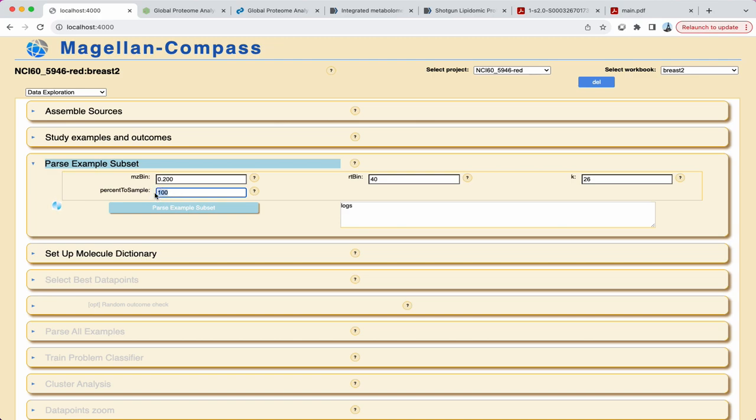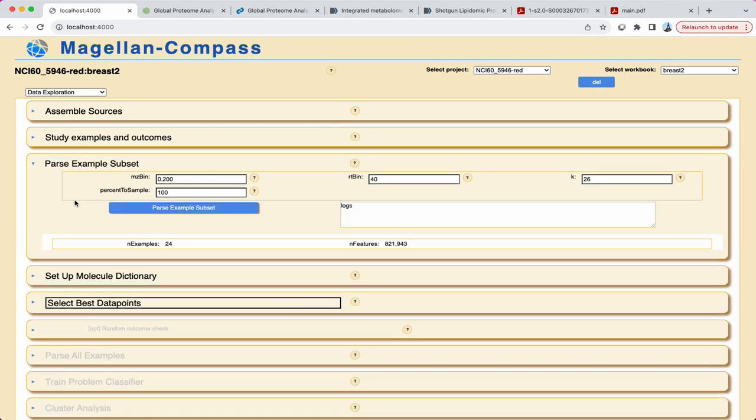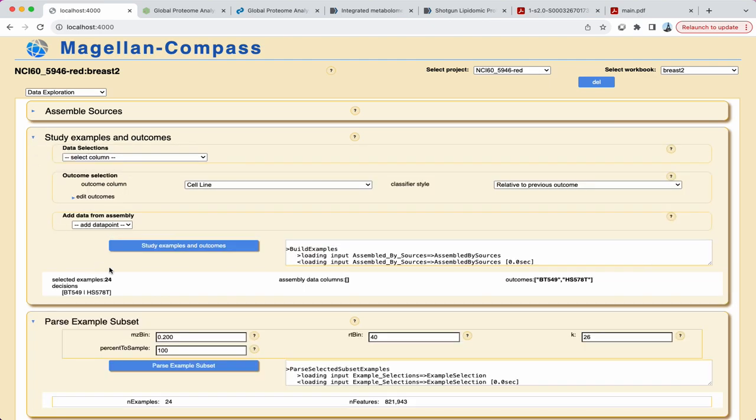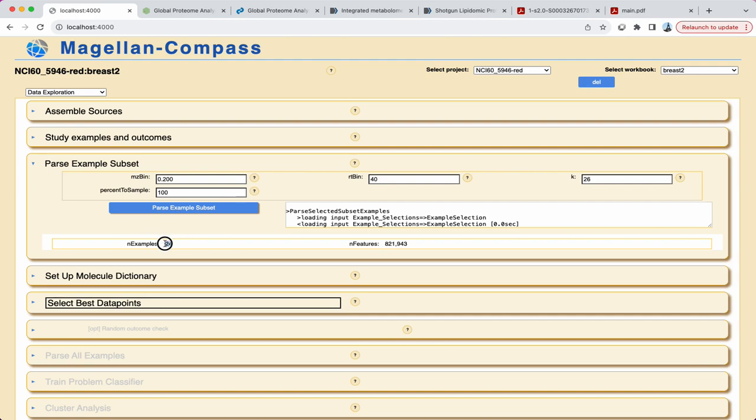Finally, the percent to sample field allows the user to determine what proportion of the examples will be subjected to scanning and analysis. For small studies, one can set this value at 100%. However, studies that involve hundreds, thousands, or more examples for each outcome require that the entire dataset be sampled at this stage. When setting percent to sample, it is important that there are sufficient examples to allow biologically relevant signals to appear and to exceed the noise in the data.